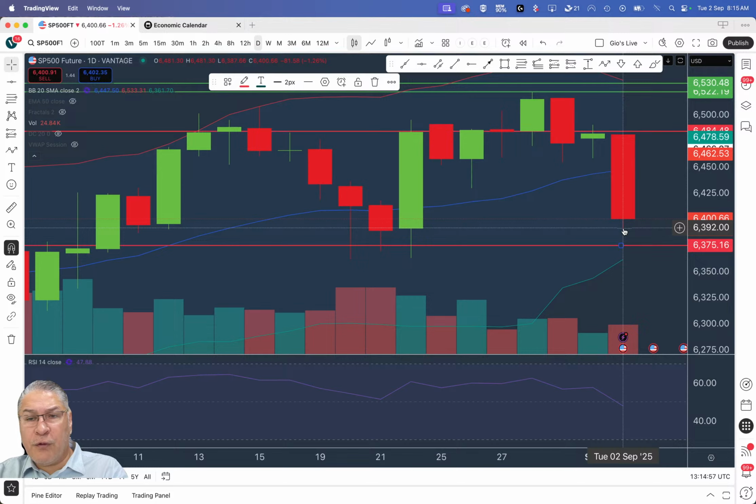And the second level, I'm going to use the lower Bollinger Band as my second level of support. As far as resistance, well, 6,500 jumps at me, but that's psychological. We first have to reach that, so I'm going to use yesterday's swing high. We do have a wide range, and I want you to notice this. We have a specific wide range in the S&P, actually in both indices, because we started pushing lower today.